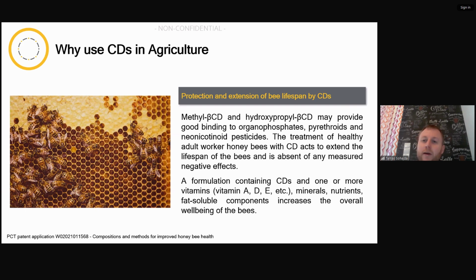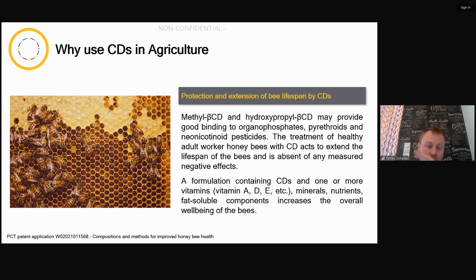A little bit beyond that, what else could you do? So this one is about providing bees with feeds that have higher vitamin and nutrition contents. This patent application, which is very beautiful, and of course it's very important to improve the well-being of bees. This is something that you can do, and cyclodextrins in general are often components of animal feeds to improve their